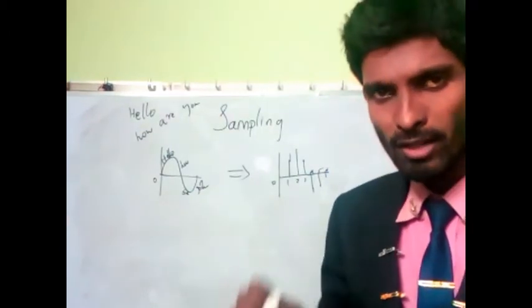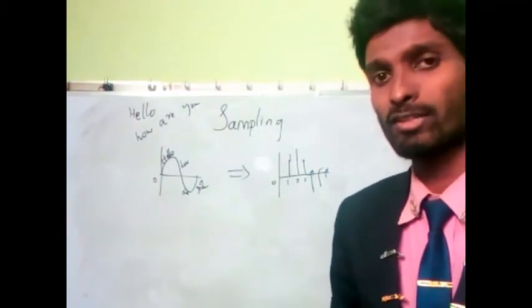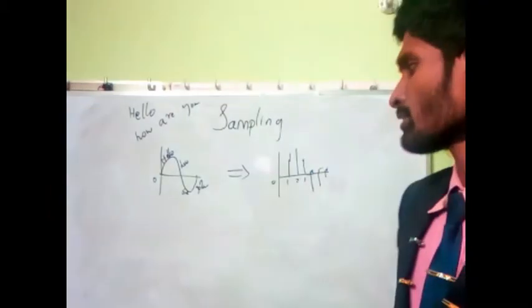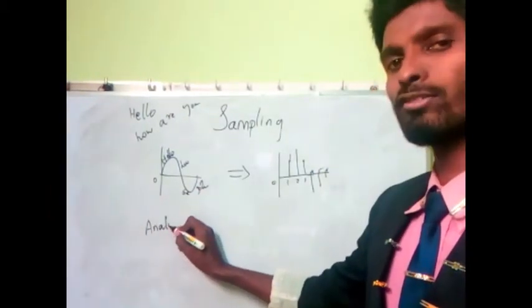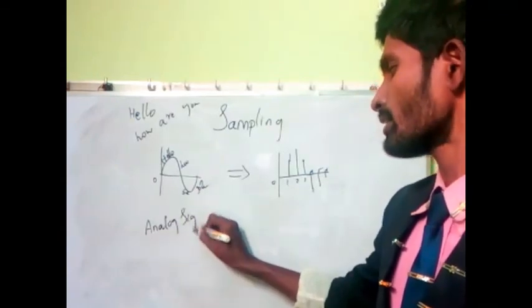You might have seen the equalizer, right? In all the video players, everywhere, the equalizer is common. Now listen here. This is called an analog signal. In the last video also I spoke about this one, the analog signal.